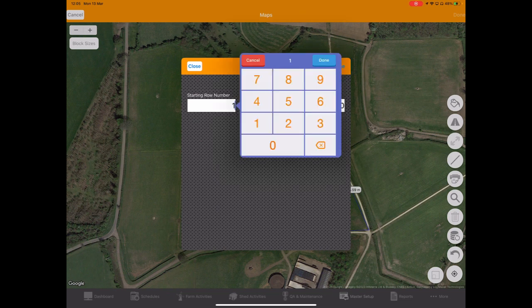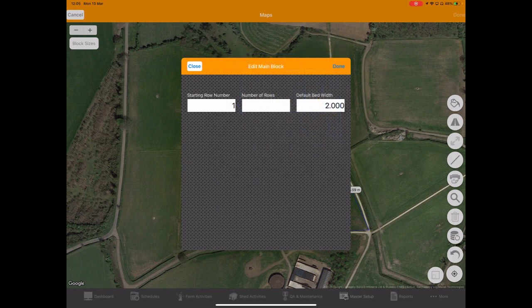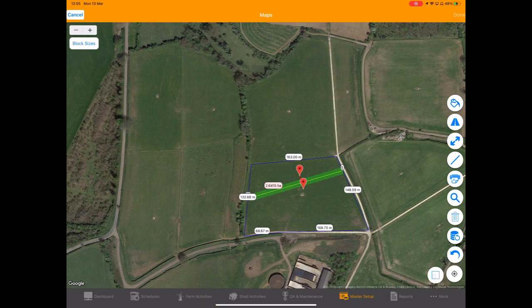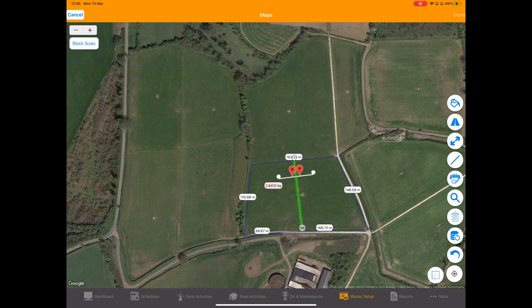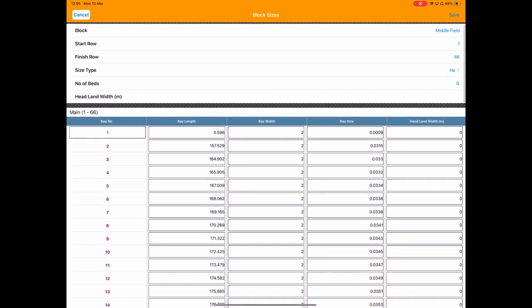So if I start my row number at 1, and have my default bed width of 2, I then get my tool, and on the right you'll see is my bed 1, and as I move the tool around, I can then change the angle of the beds. And if I just now press the fill arrow, third one down from the top, it will now fill in my beds. So if I now tap the block sizes, it's given me the length for each one of